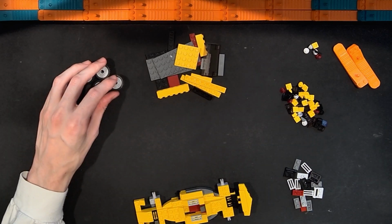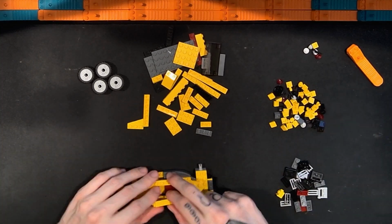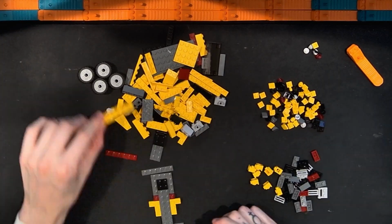Okay, so while we look at the disassembly for the alternate build for this Lego Creator 3-in-1 Cool Cars set, this is the disassembly of the open wheel race car. And then while we look at the build for the third or the last build for this model, which is a big truck, kind of the cab for a pickup truck,